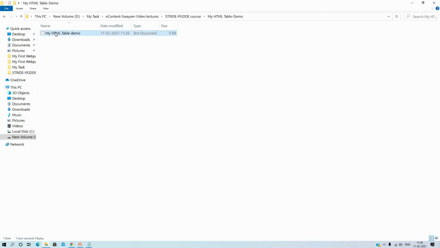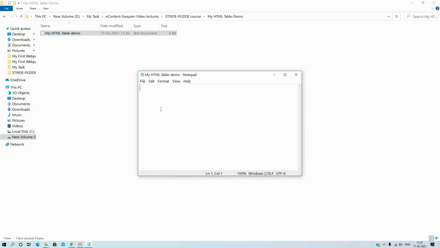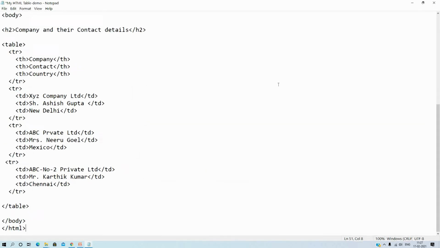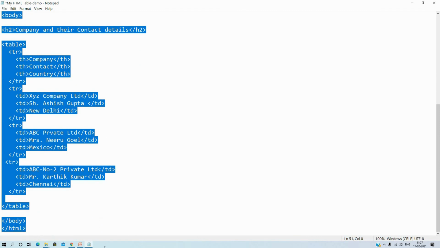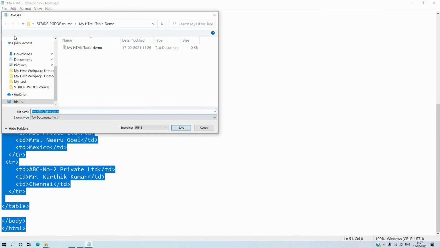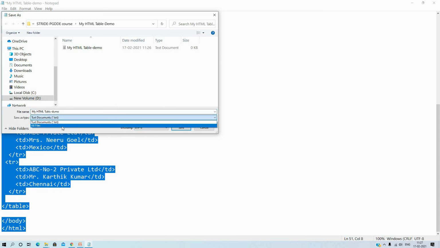In notepad I paste this text with Control V, then save the file as an HTML file, as a web page, dot HTML.